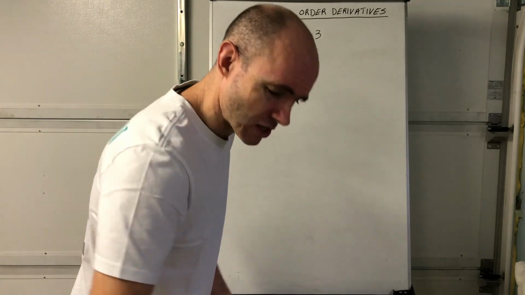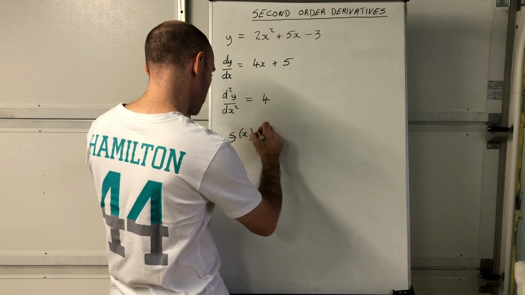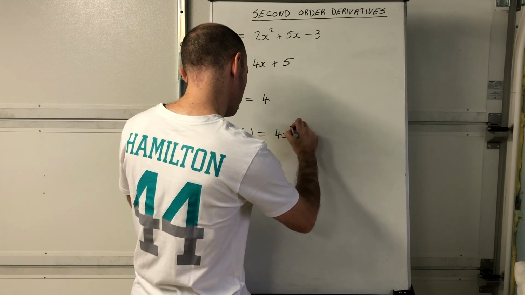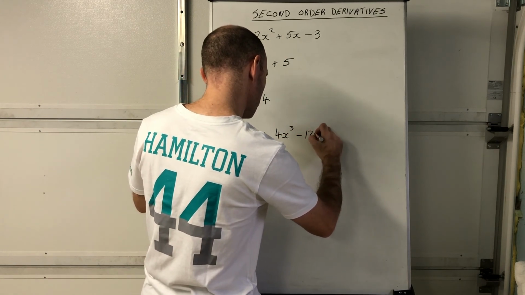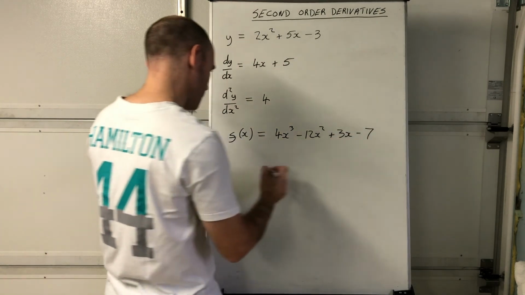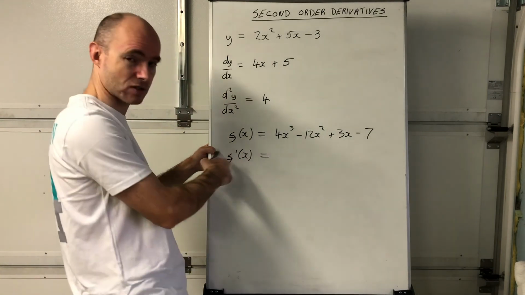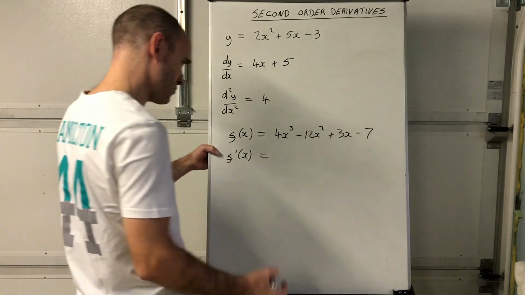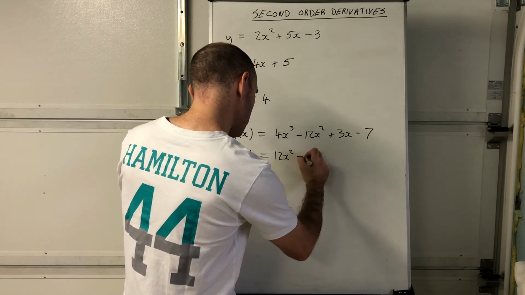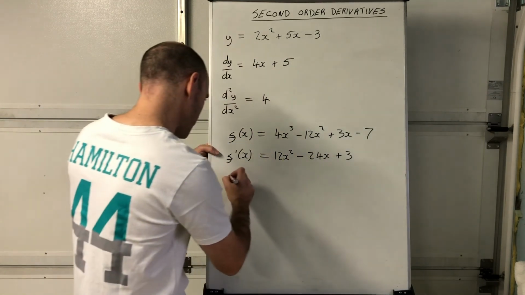With the f(x) notation, that's slightly simpler though, okay? Let me give you another example. With f of x, let's just make up another one, so let's give it a cubic this time. So 4x cubed minus 12x squared plus 3x minus 7, okay? When we find the first order derivative, you just put in the 1 dash to represent the first order derivative, differentiate for the first time, so that's going to be 12x squared, subtract 24x plus 3,